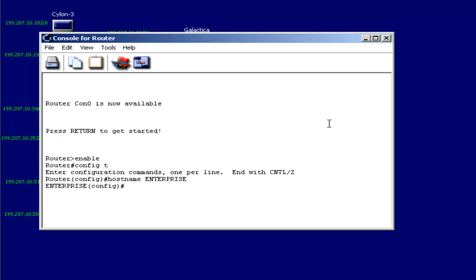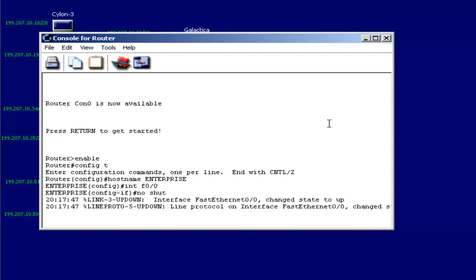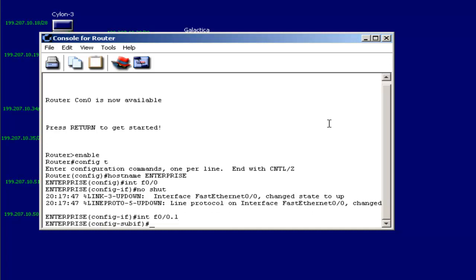Now on our router we need to select an interface, and we don't need to configure an IP address on the physical FastEthernet 0/0 interface, but we just need to do no shutdown to bring the interface up. And now what I want to do is select a subinterface. So it's going to be interface FastEthernet slot 0/0 and then a decimal value, so .1 would be the first. I need to specify the encapsulation,